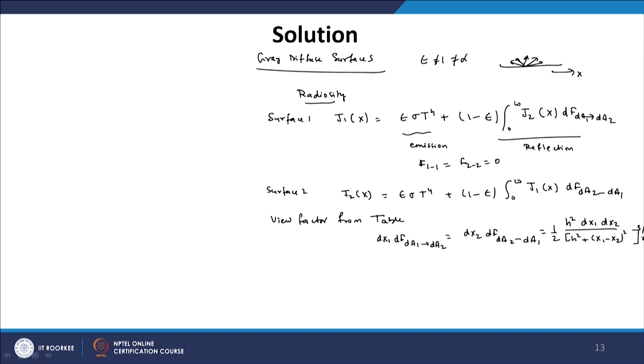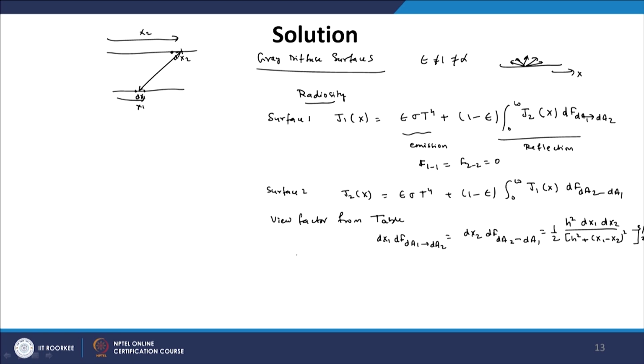So, let me tell you what basically this represents. We have these two plates, we have a small element area at a distance of x1, the thickness of this is dx1, another area we have the distance from the left side is x2 and the area thickness is dx2. So, the view factor between these two surfaces is what we are basically talking about in this case.